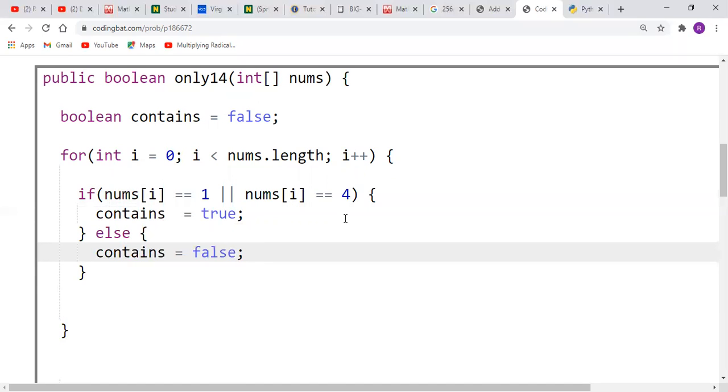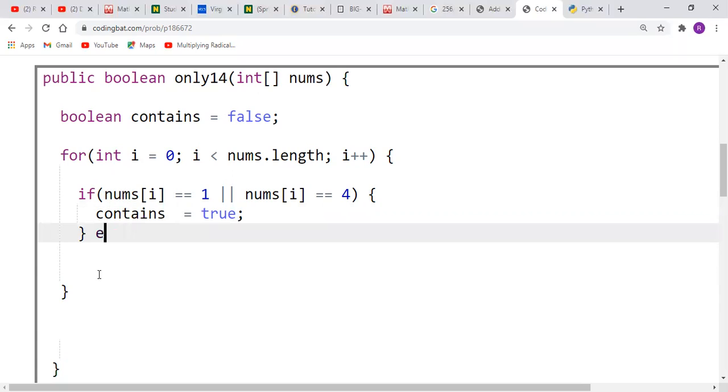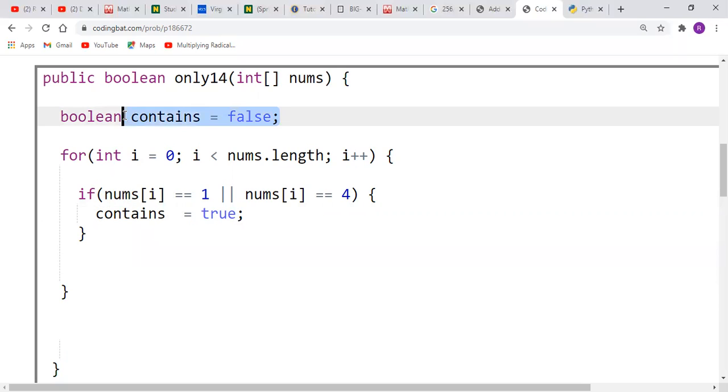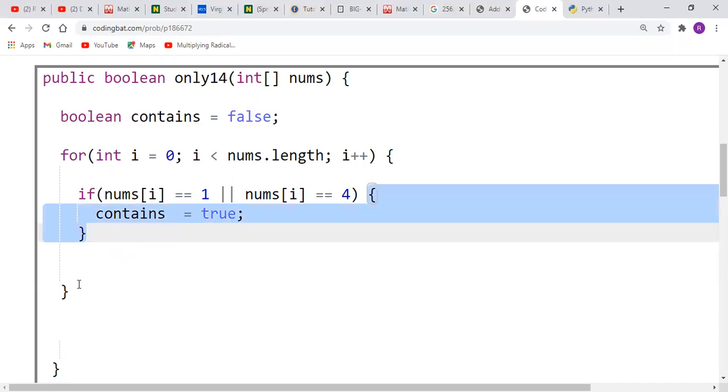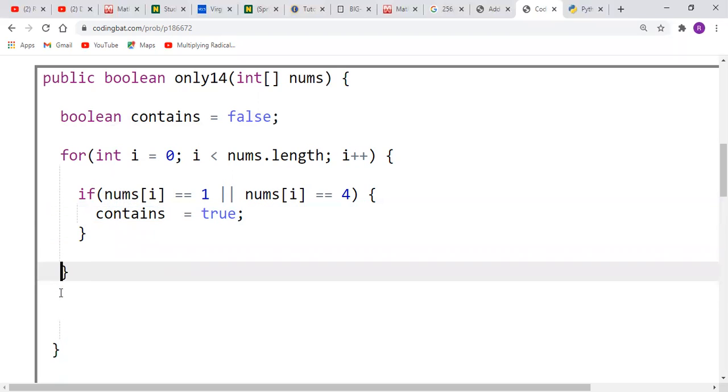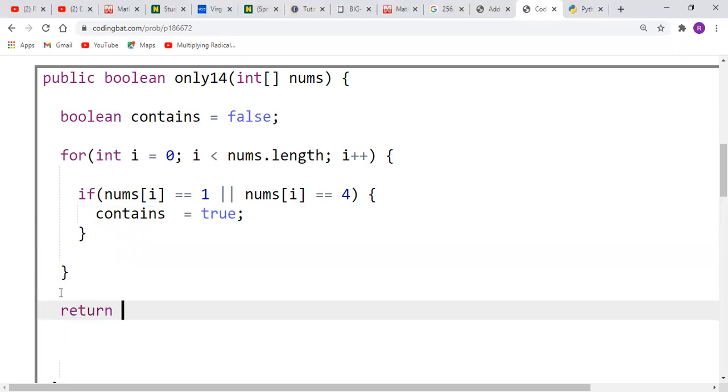Now, I shouldn't have done otherwise contains equals false, because contains was false anyway. So if it's not set to true, it's going to spit back the default value for contains, which is false. So there's really no need to go through that. After it's all said and done, I decided to return contains, and that didn't work out